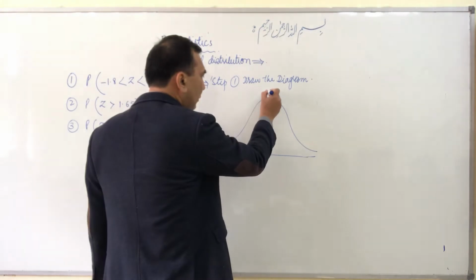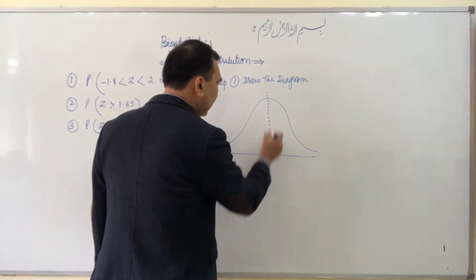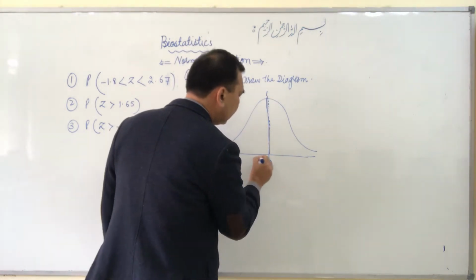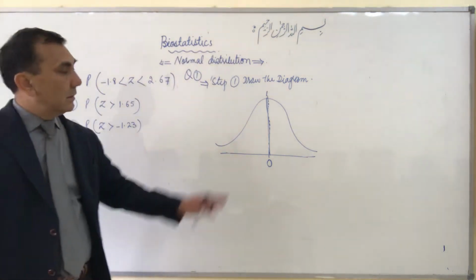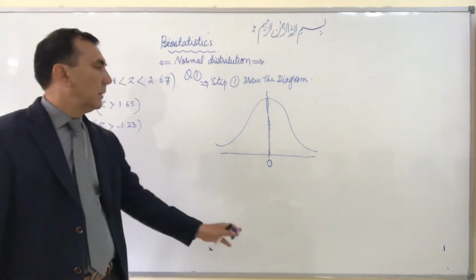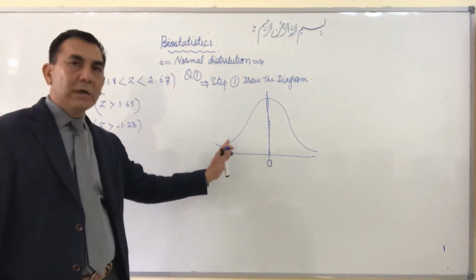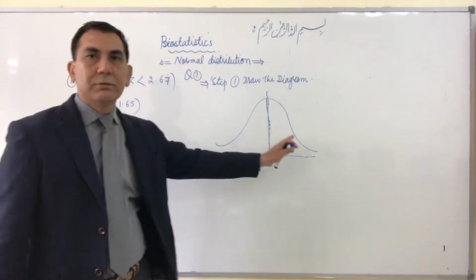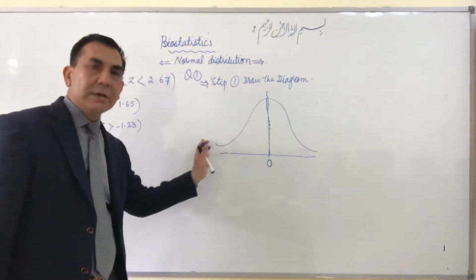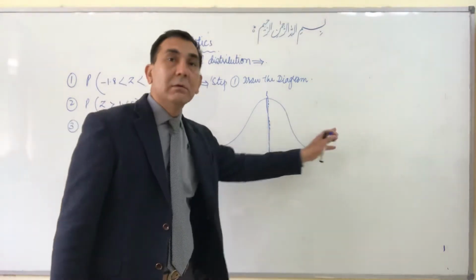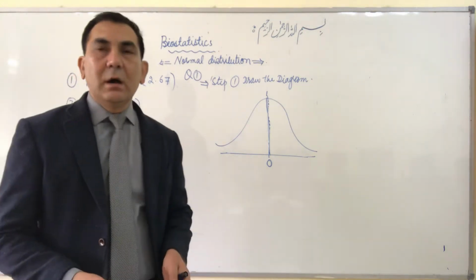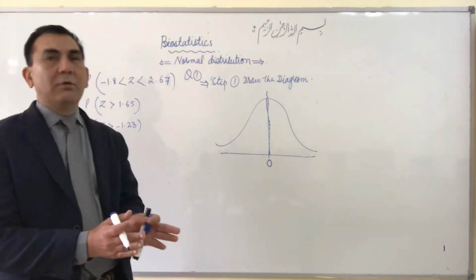As we learned yesterday, the center of the bell shape is 0, here. The mean, mode and median are equal, it is a normally distributed bell shape. It is a balanced shape: the left half of the data is a mirror image of the right side, and it is symmetrical. 0.5 of the data is present on the left side, and 0.5 on the right side. So 0 is in the center because the mean, mode and median are equal and present in the center of the normal distribution.